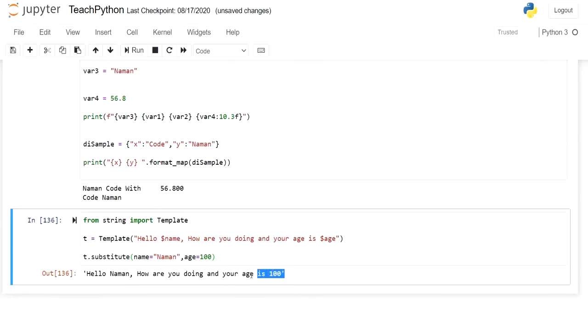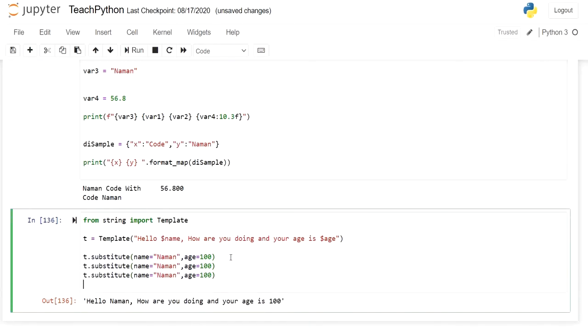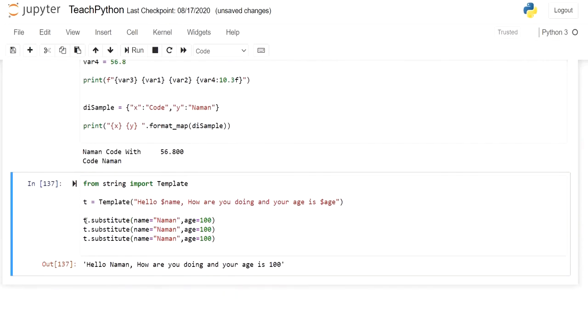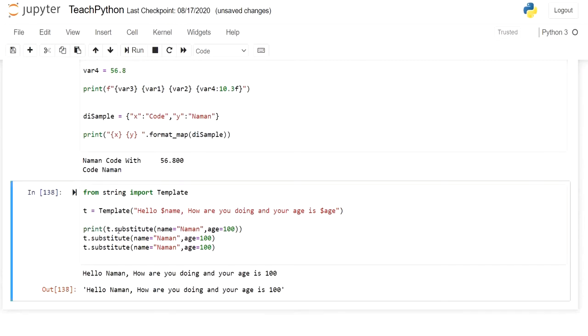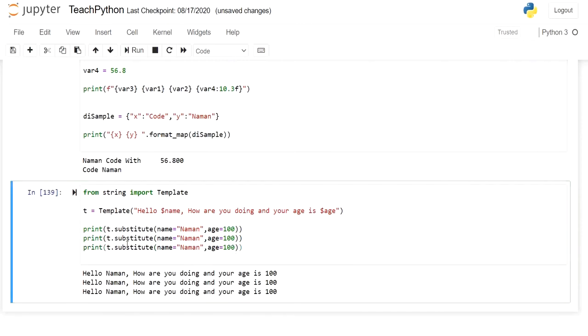So you can see it is simply like using format only, but using a single template. Now we can create as many substitutes as we want with different values like this. It is not a big issue. We can use a print statement to print each and every line here. It is simply substituting one value for another. Mostly you will be using format only. I haven't used template till now in my 8 years of career.